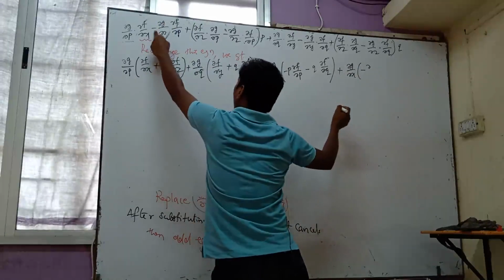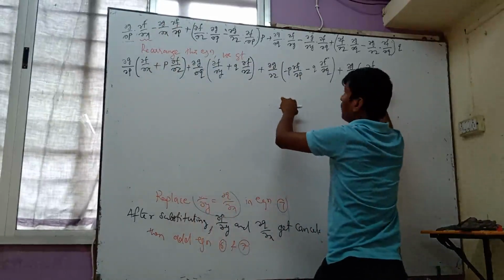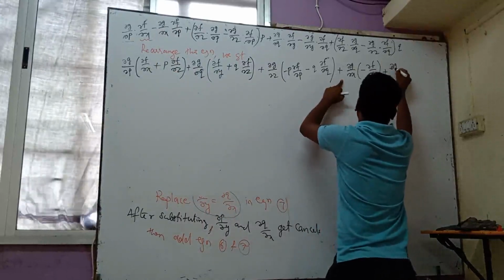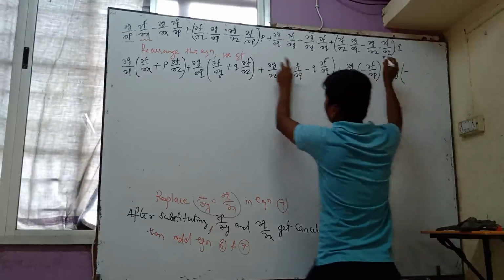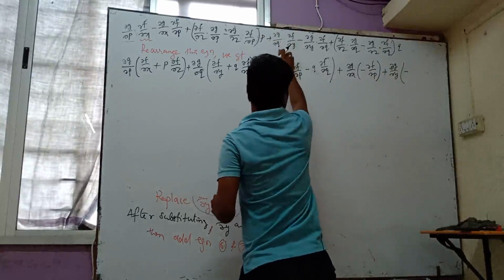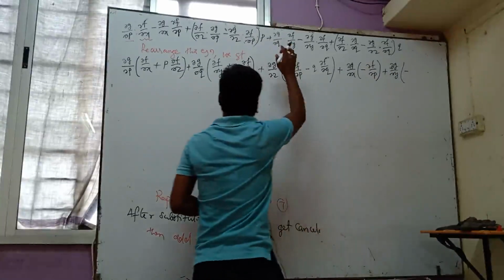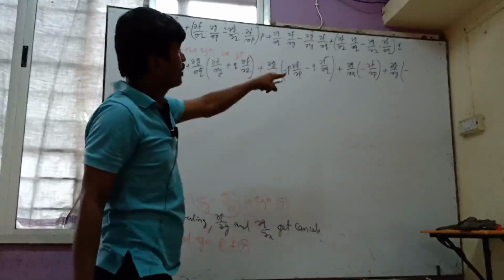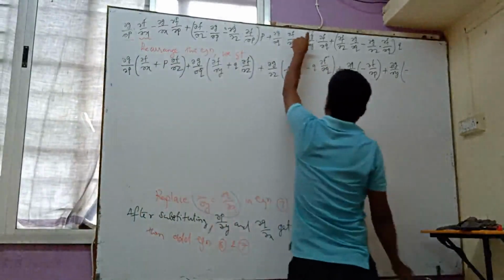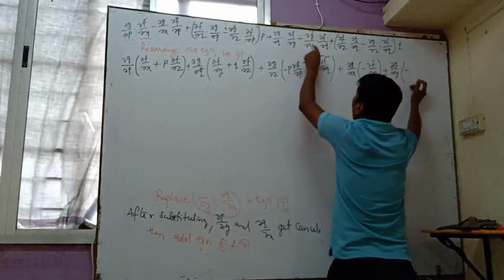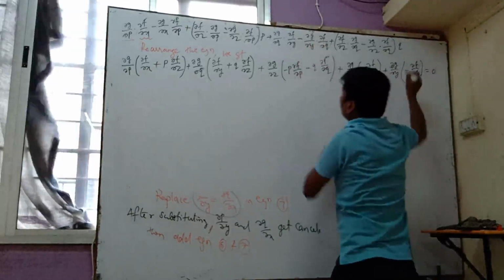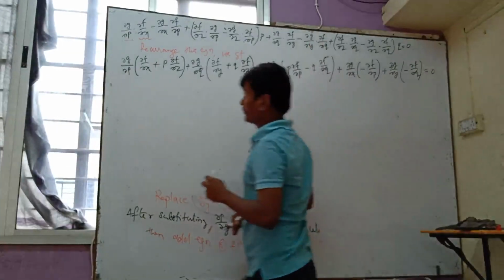So taking common, I have minus of ∂F/∂P, and the last term is ∂G/∂Y. Where is ∂G/∂Y? So ∂G/∂Y is here, so ∂G/∂Q. This is ∂G/∂Z and ∂G/∂X. And the last term is ∂G/∂Y. After taking it outside we will get ∂F/∂Q equal to 0. So this term becomes 0 now.